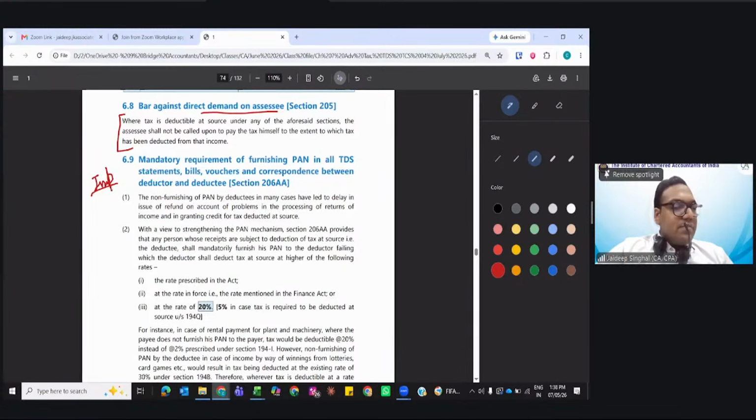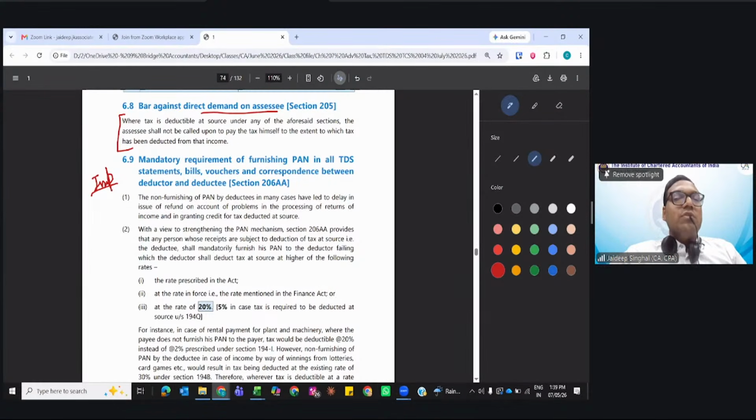This section says, let's suppose you have to deduct the TDS and pay it, will you require the PAN number of the other person? The client has to deduct the TDS of the CA. Will the client require the PAN number of the CA? Because ultimately, how will the government know for whom you have deducted the TDS? The government will know by the PAN number. So you need the PAN number of the CA to deposit.